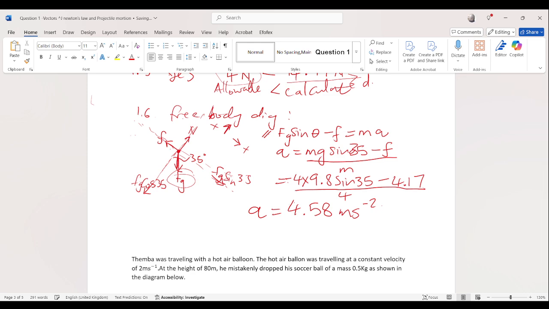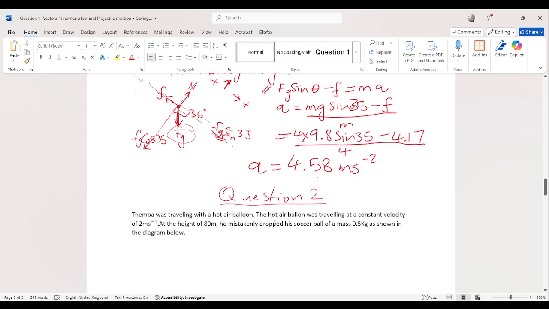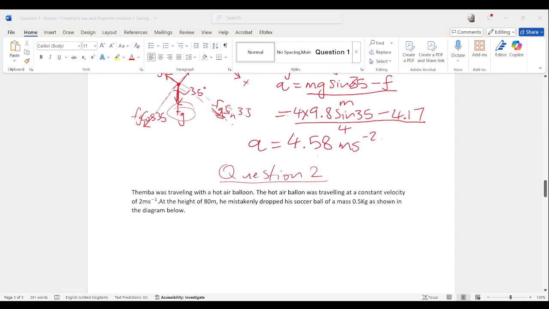The next question, which is question 2, will be on projectile motion. So we're doing projectile motions. Without waste of time,